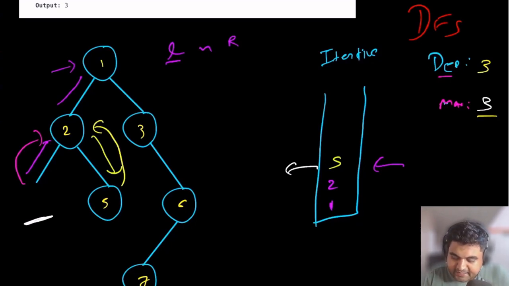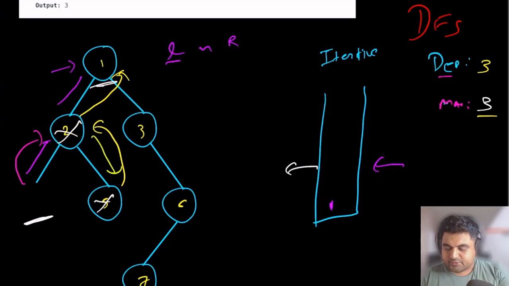Again we are doing a backtrack once and a backtrack twice, because we are going to get rid of both of these elements. So we are now again at position number 1. Position number 1 we are also able to pop out, because currently we are visiting the node, but it still has right children that we haven't visited. The depth is going to change to 0 when we are at this portion. We already popped this one out as well.